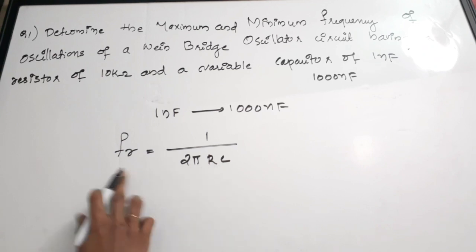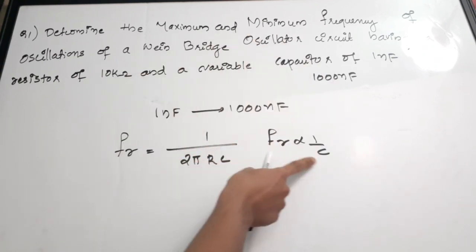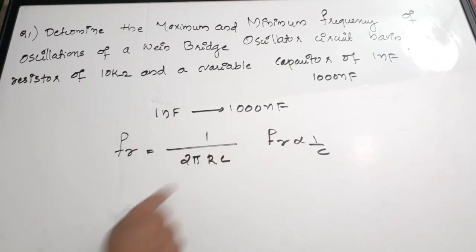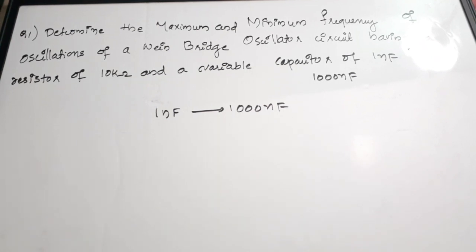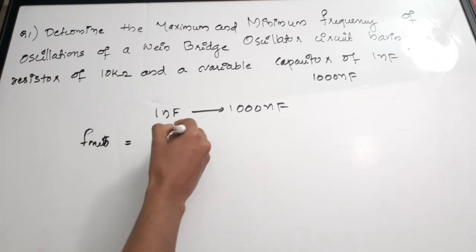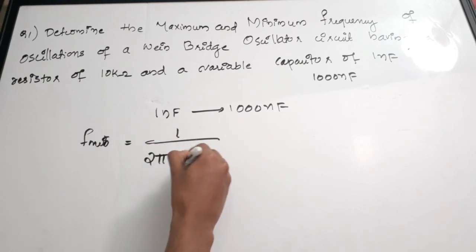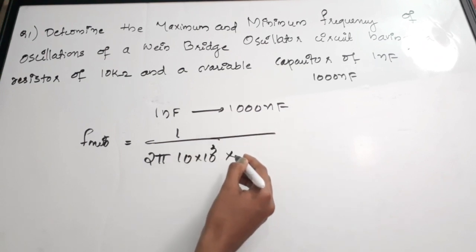Now since the relation is F is proportional to 1 by C, when the value of C is minimum, we'll be getting the maximum frequency. When C is maximum, we'll be getting the minimum frequency. Okay, so first we'll find F minimum. F minimum is equal to 1 by 2 pi into 10K, 10 into 10 raised to 3, into,